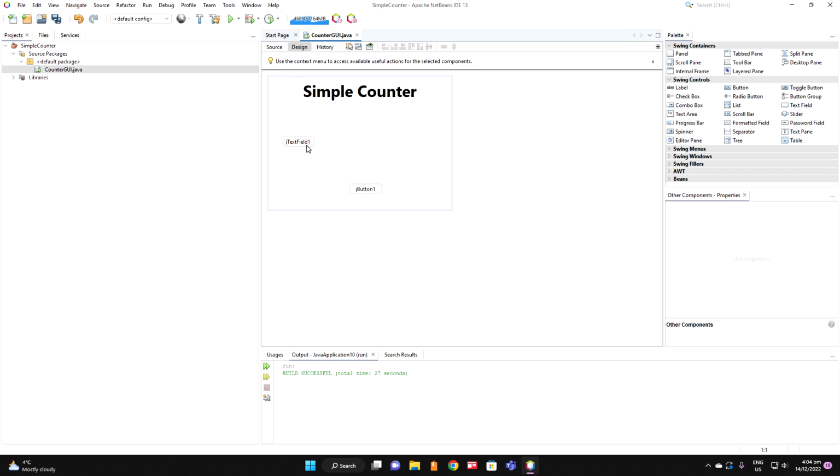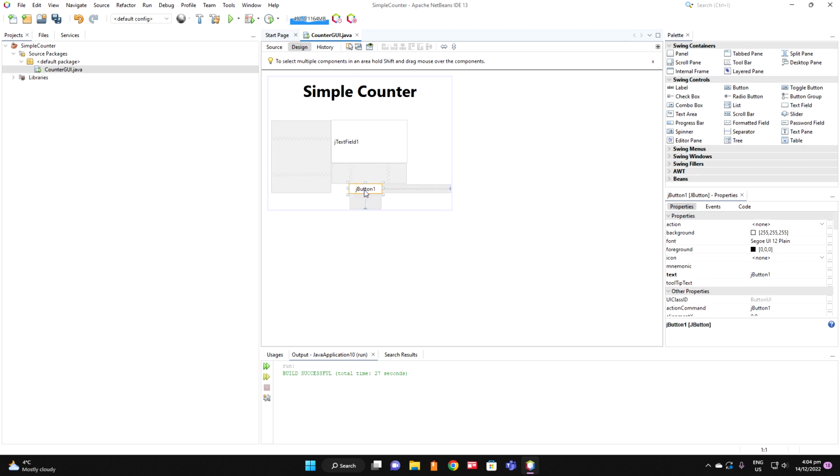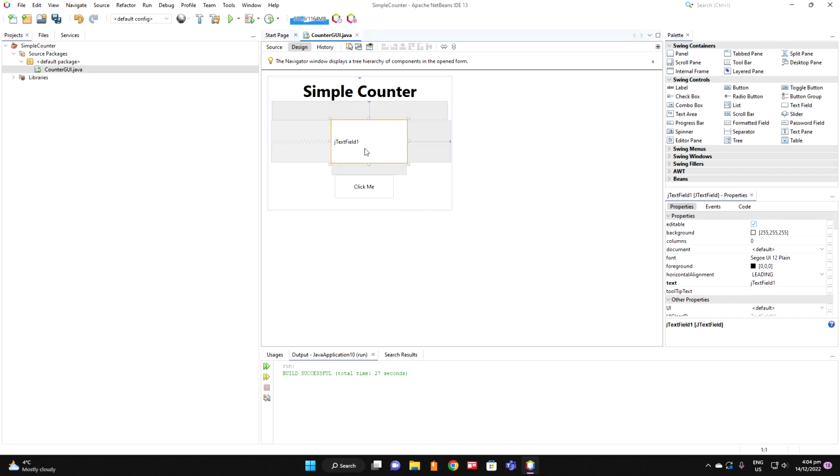Next, what I'm going to do is take this text field and put it in the center. To make all this centered, I will need to do a few things. Let's resize it first. Let's put it here, and my button, I want it slightly bigger, and I want to set the text to be Click Me. And my text field here, I want it to be